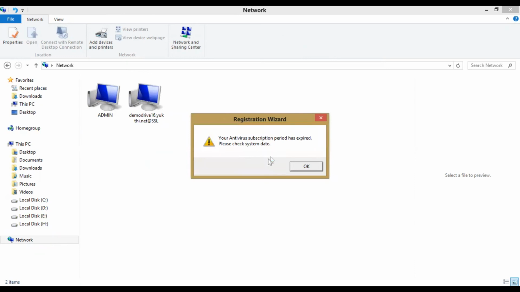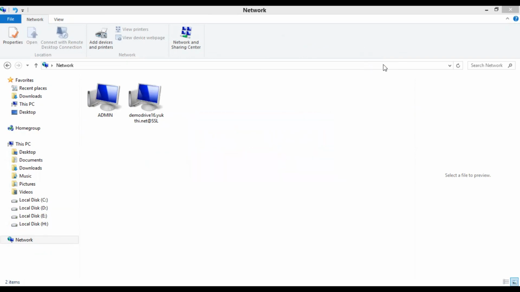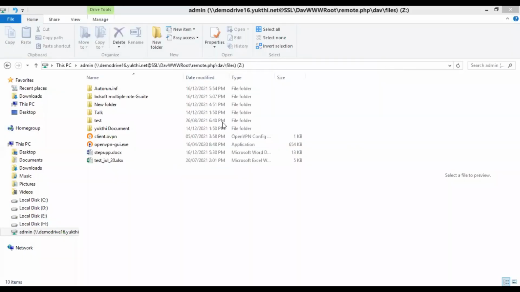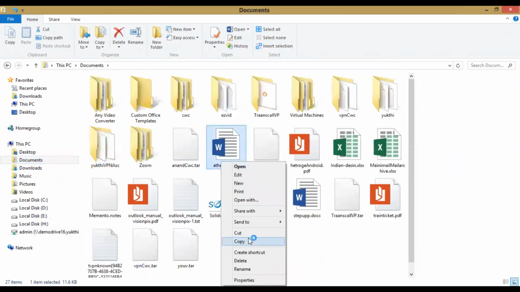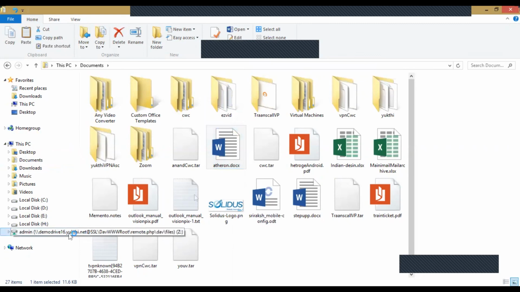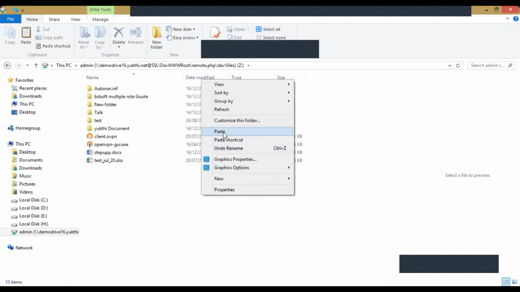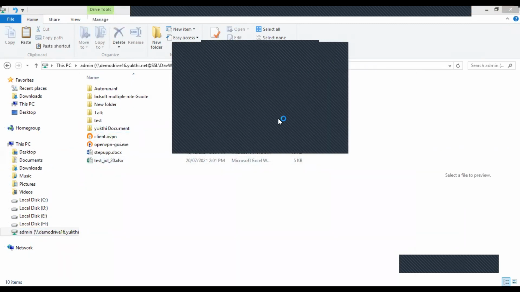Once you click on OK, see here, it will show like this. You can copy and paste the folders and files like this here. Just copy the folder or file and paste it over here. Once you paste this folder here, it will appear in the browser also.